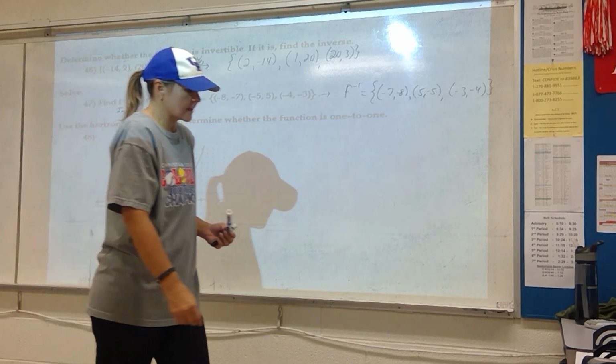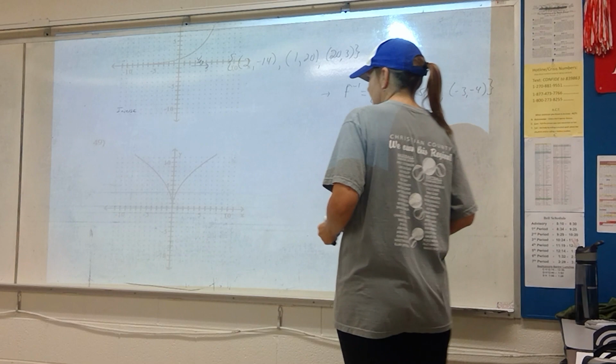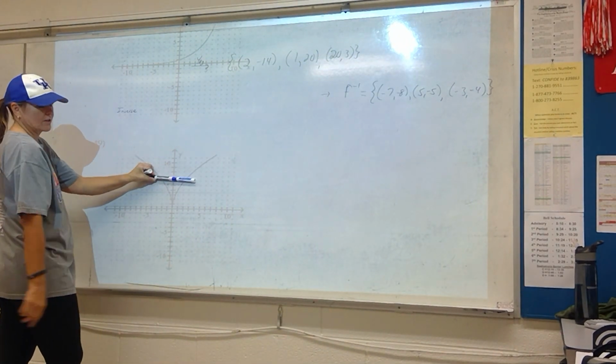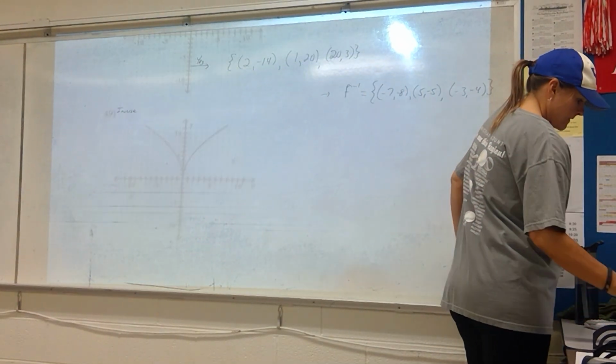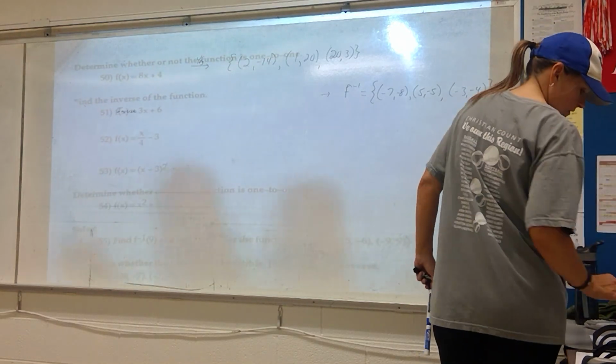48 passes the horizontal line test. If you look at 49, that fails the horizontal line test. It is not 1-to-1, so that would be a no on 49. Okay, now on 50,